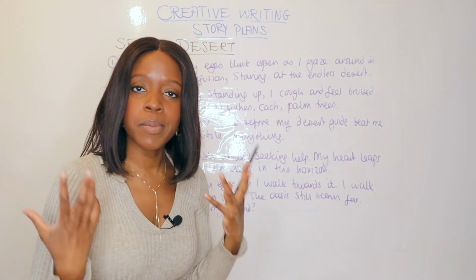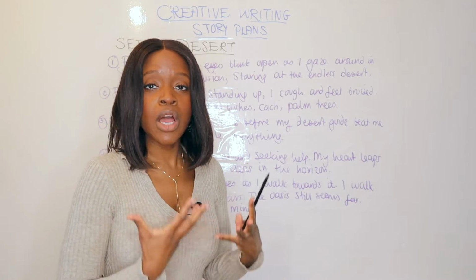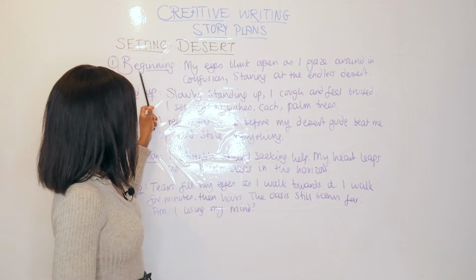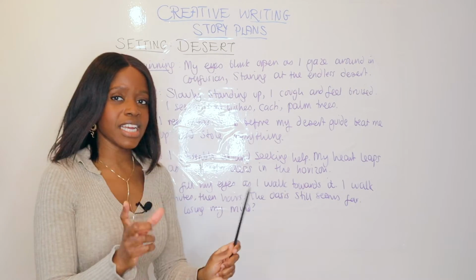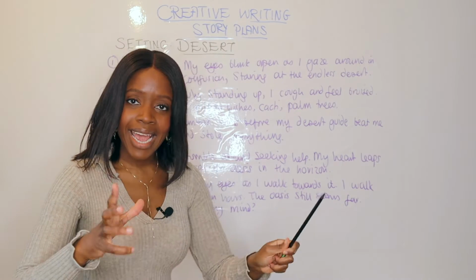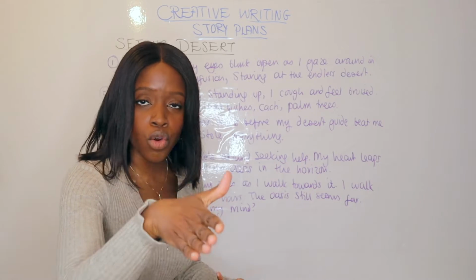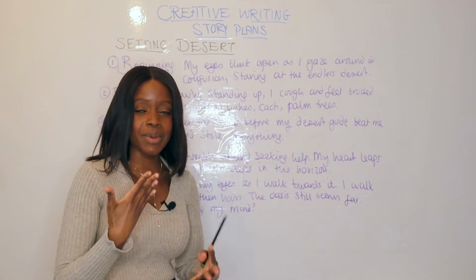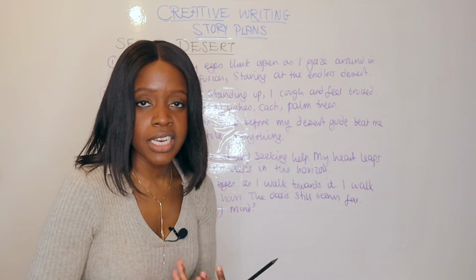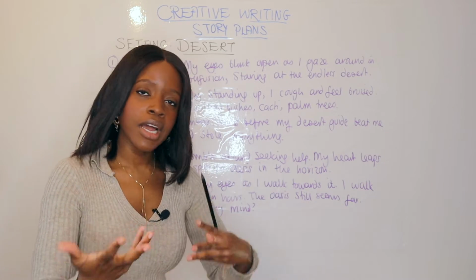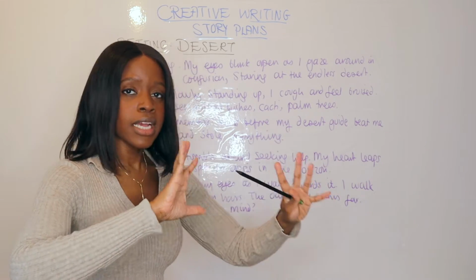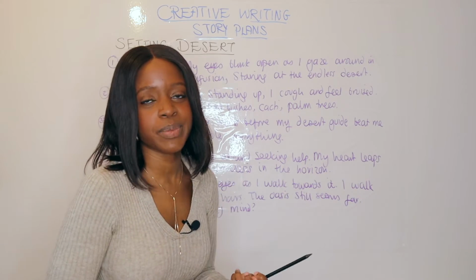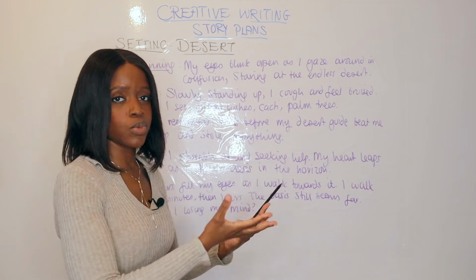Now what we're going to do is go over a potential story that you could use and develop when it comes to a desert setting. So you can start off your story in this desert. This is a really interesting structure that I've adopted, and here I always write about it as if you're the protagonist. You can write about it either in third person or first person perspective, it doesn't really matter. I personally like first person narrative, however either works. So I'm going to describe it from first person perspective, but of course you can still apply this with third person.